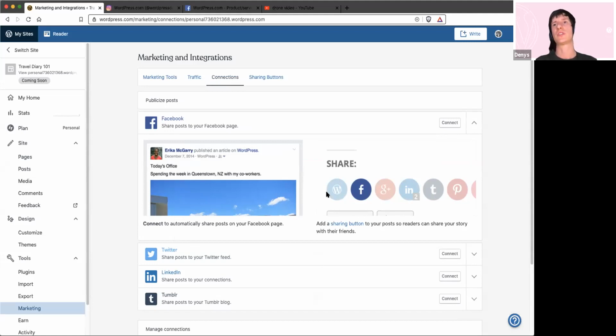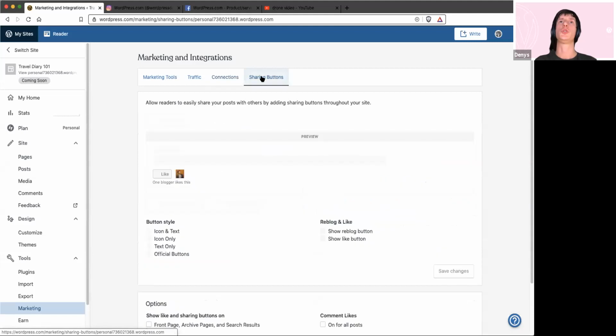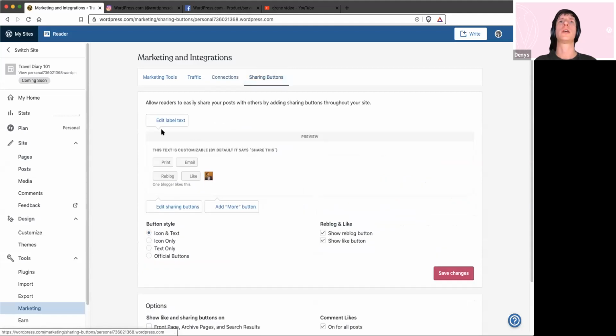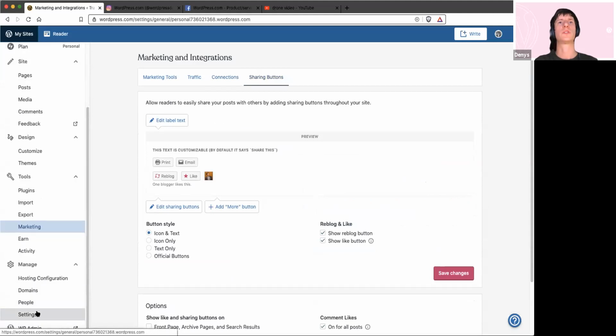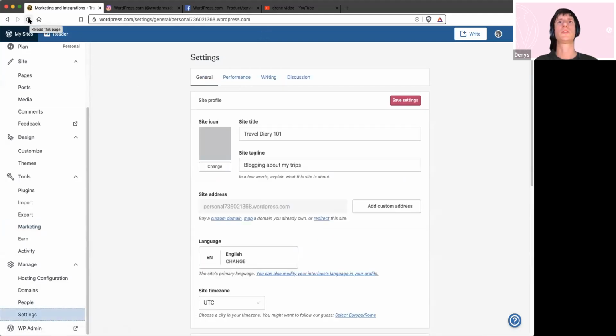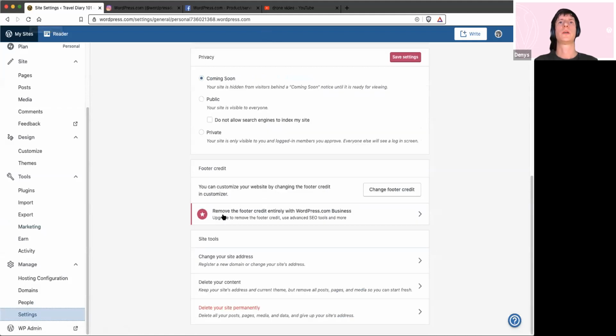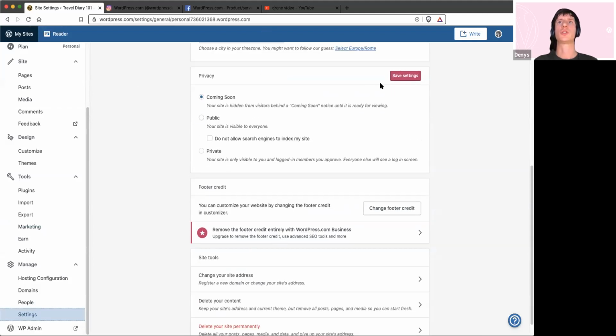And you will notice that your post will also have the sharing buttons below, which you can edit in this section here. So there are more buttons available here. Currently, the site is private. It is in private mode as a coming soon one. But if I make it public just for a second for the purpose of it, let me do that if it loads. I can make it public just for